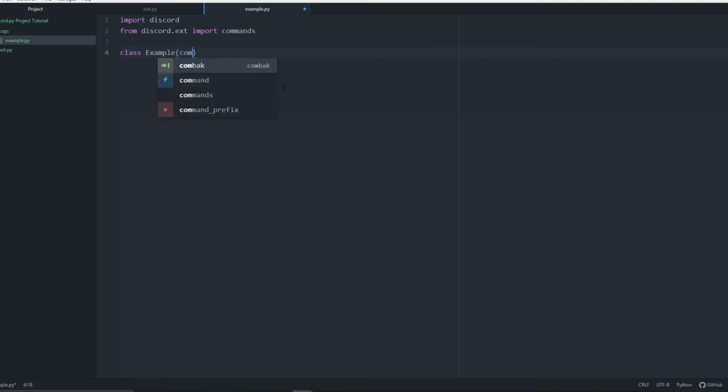And we're going to do commands.cog. Okay. And we're going to also write an init. So init, and we're going to do self, and we're going to do client. And I'll explain this in 2 seconds. I'm just going to write this down. Self.client